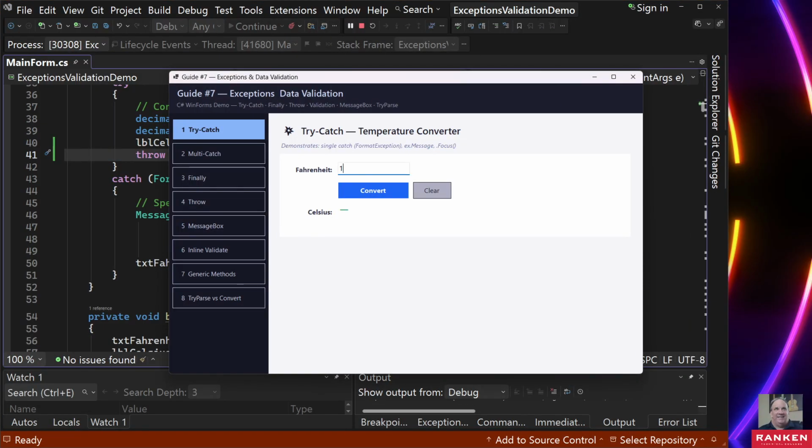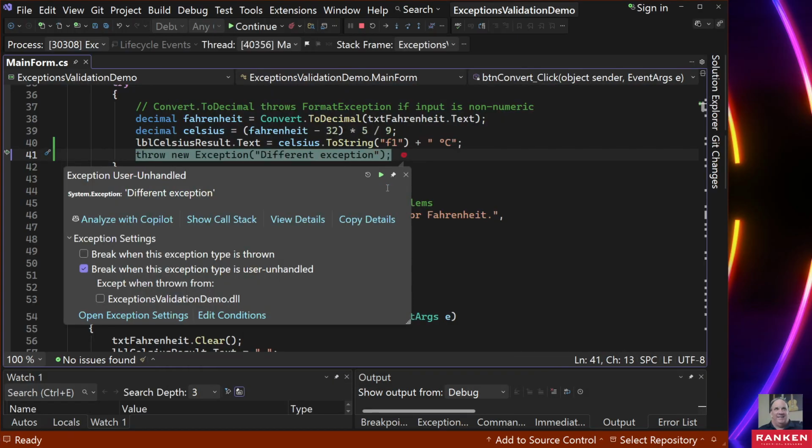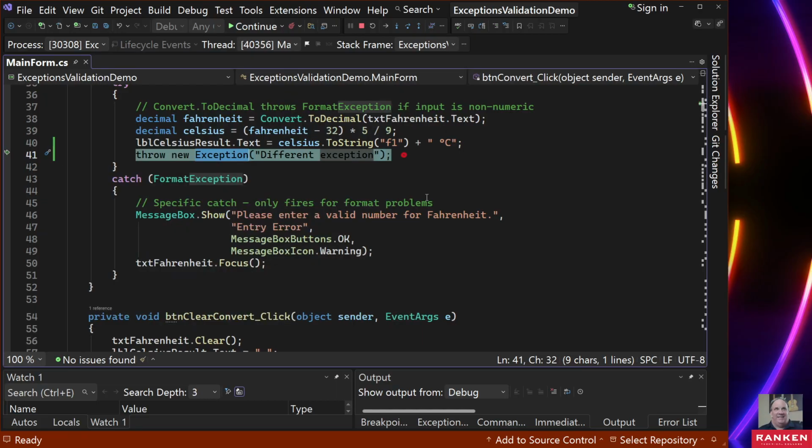So let me put 100, hit convert. And there you see a different exception. That's what I put in here. So this actually threw an exception, right? But we didn't catch the generic exception. Like I said, you're not really going to do this in this case. I was just showing you an example of a situation where maybe it throws an exception besides that format exception. If you don't catch either the specific one or a general one like this, then